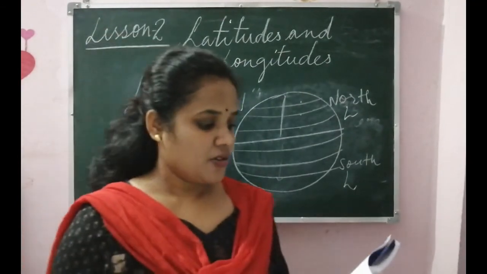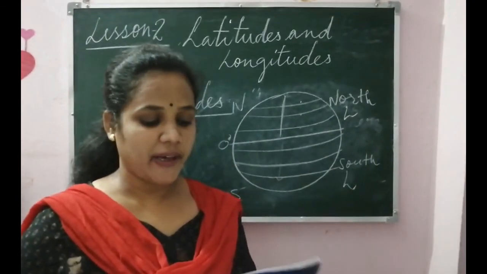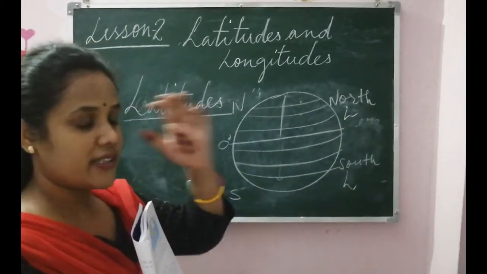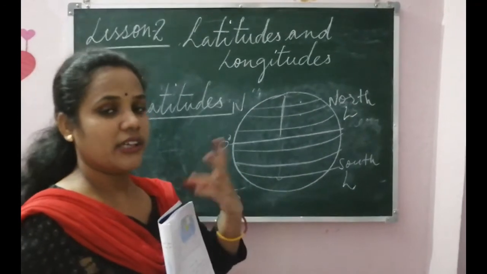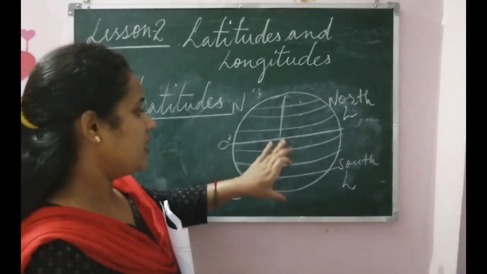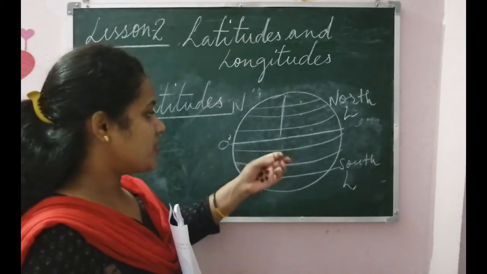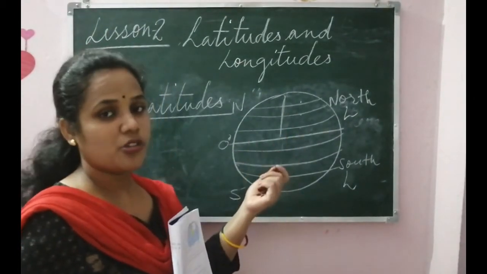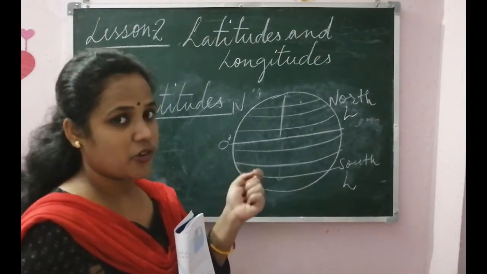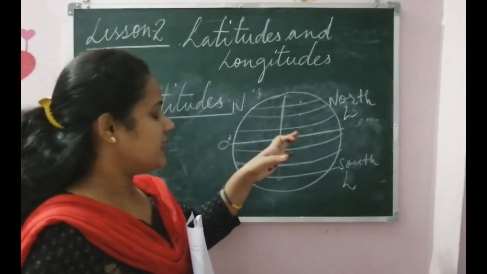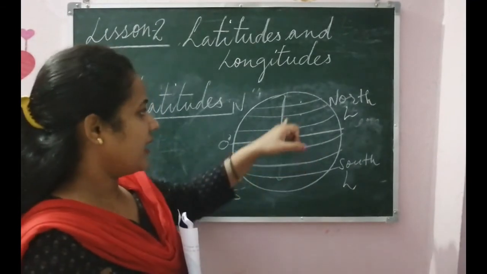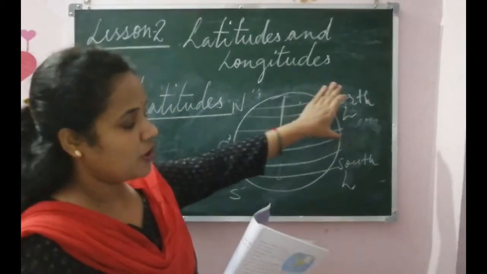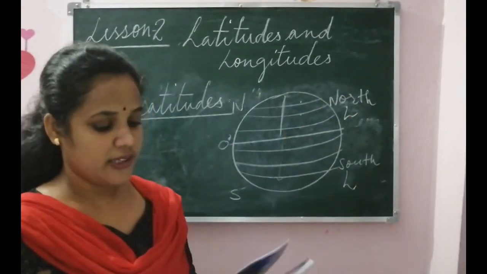Okay. So for the sake of convenience, 90 parallels are taken at each distance of 1 degree. So when geographers made these lines, they divided them, for convenience, into 90 in the northern hemisphere and 90 in the southern hemisphere, which I can't draw on this blackboard. 90 lines, they are very fine lines. You also will not be able to draw 90 lines in your copy. But in reality, there are 90 in the north hemisphere and 90 in the southern hemisphere. So the north one, north latitude, south one, south latitude.